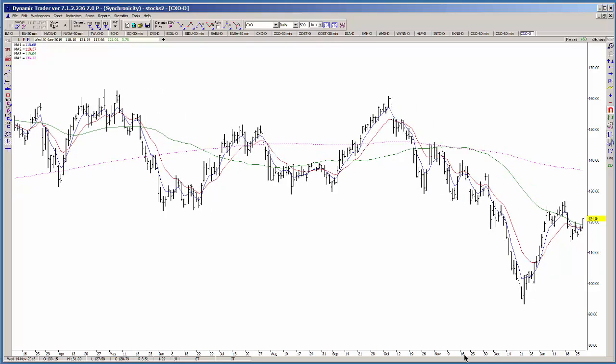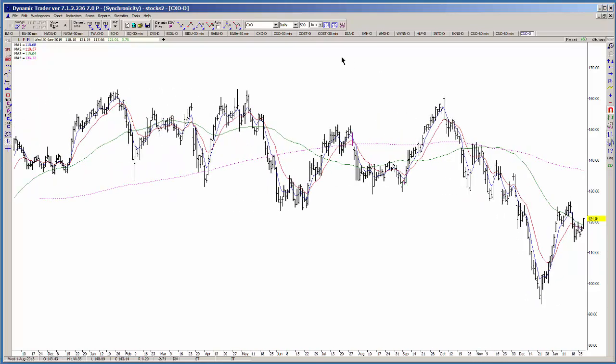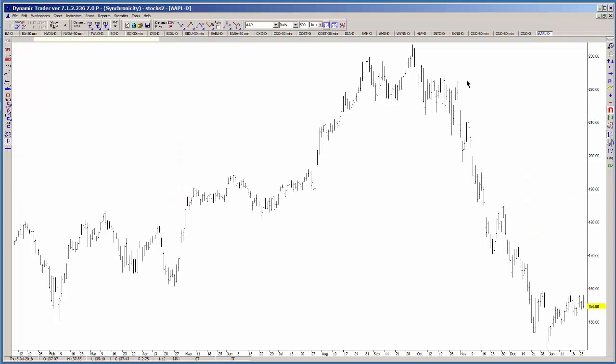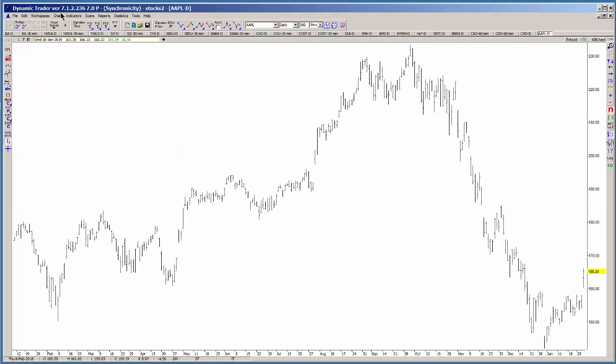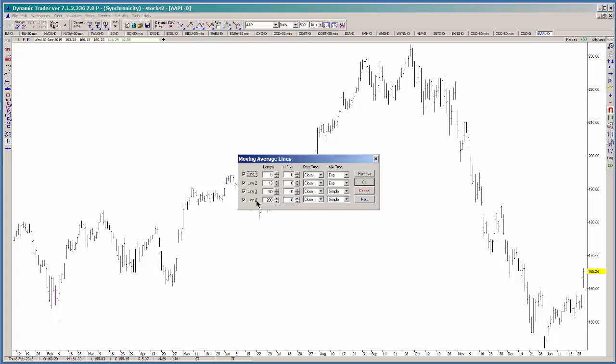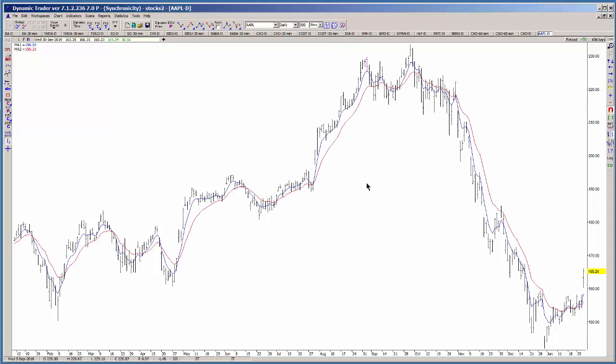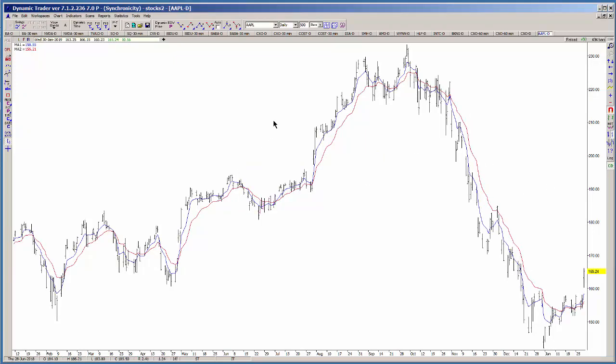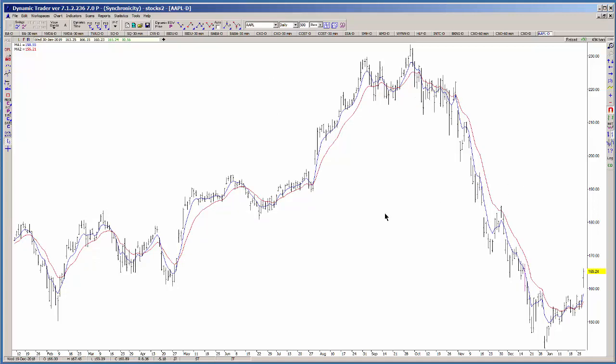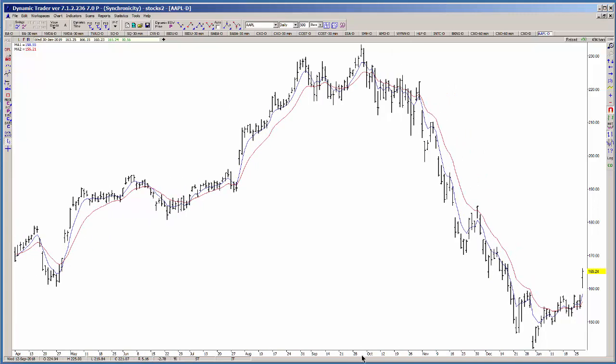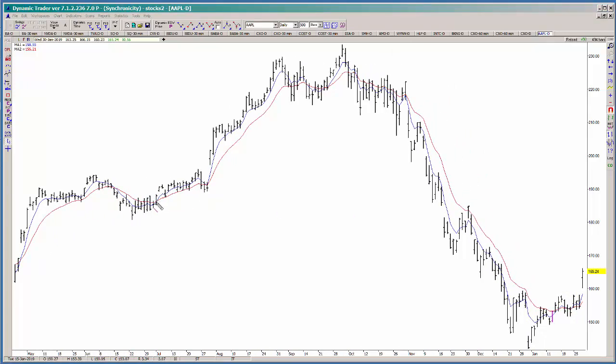And then also the 5 and 13 can be extremely important. I'll give you an example of how well it can work, and it's not always going to work on every stock. But let's say we just put on the indicators of the 5 and 13. Okay, this should not be in calendar day mode. Okay, so here you can see, for example, when the 5 crossed above the 13,